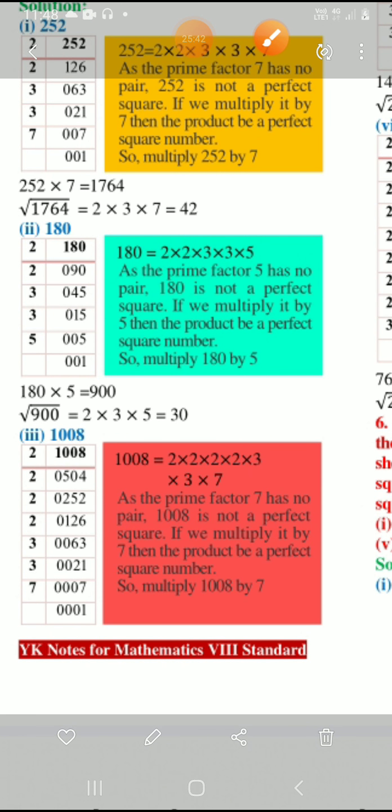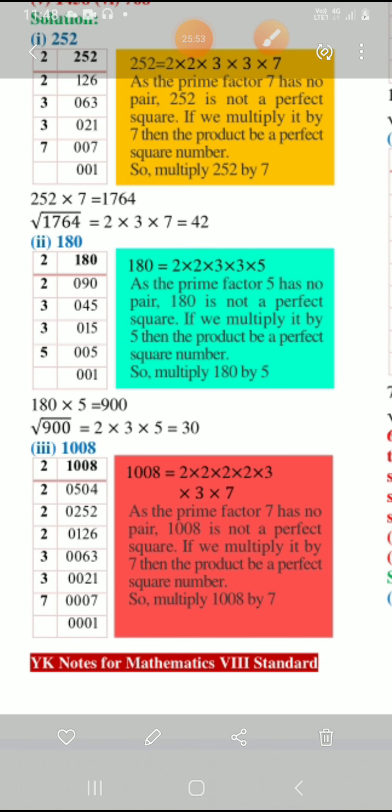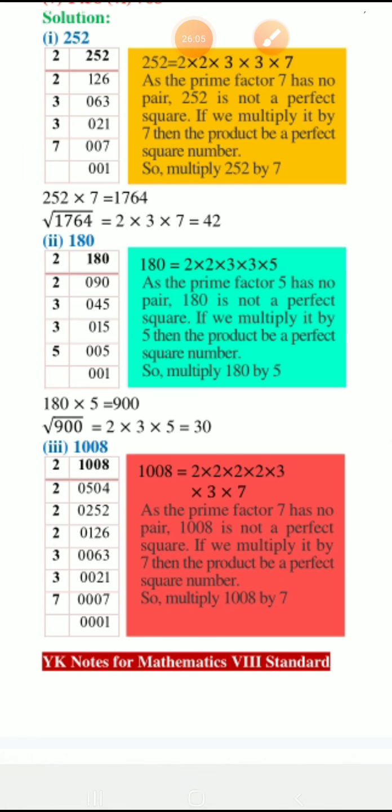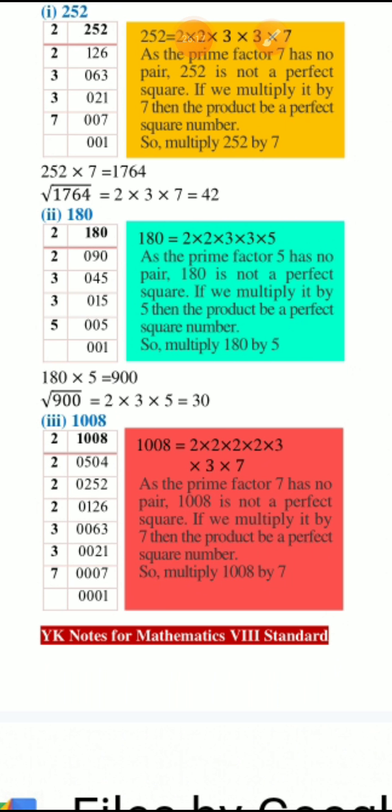The next number is 180. Got it, children. The next number is 180. So for 180, in the same way we can do that. First we divide by 2. So 1 is less than 2, right? So we keep 0. So 2 9s are 18, right? This number 18, 0 as it is, so it becomes 90. So again we divide it by 2, 0 as it is. 2 4s are 8, 1 remains, so it becomes 10. So 2 5s are 10, right?